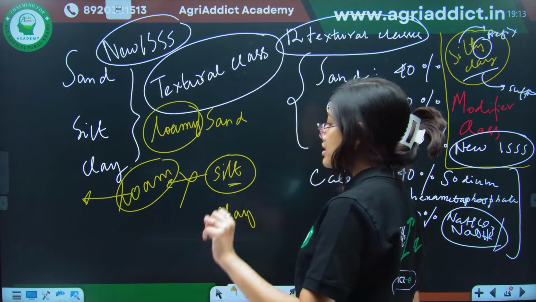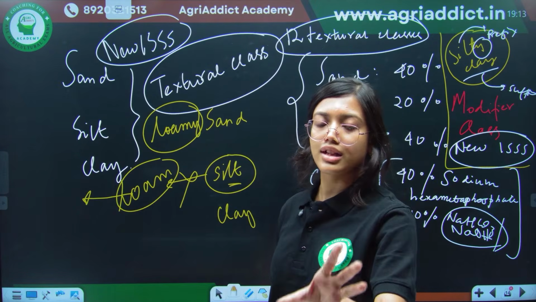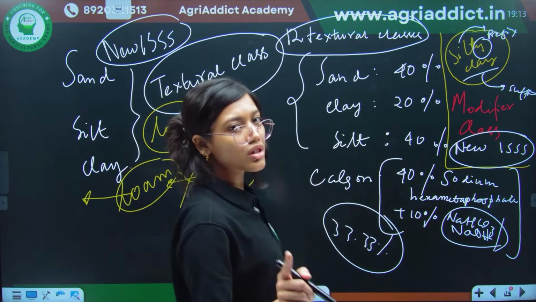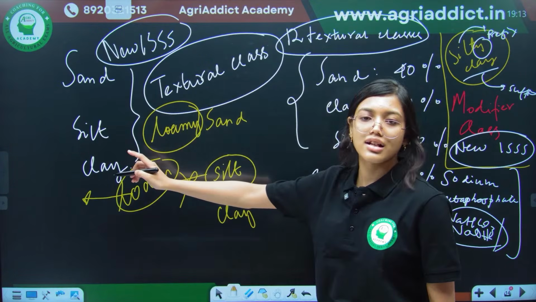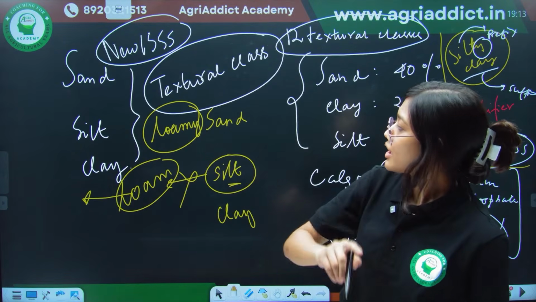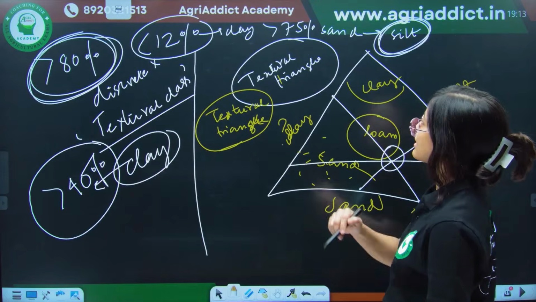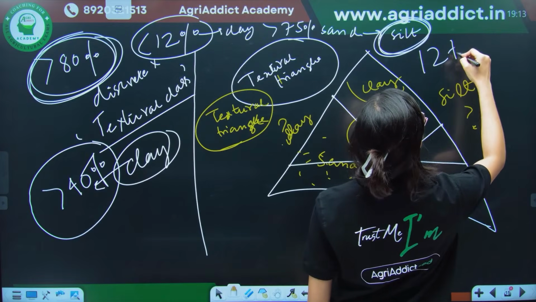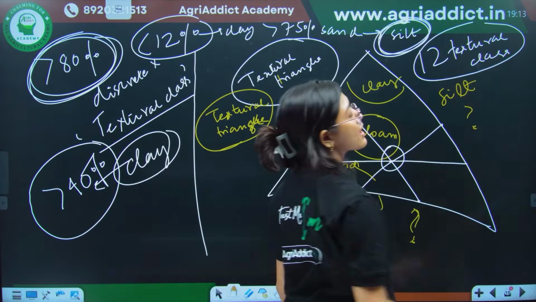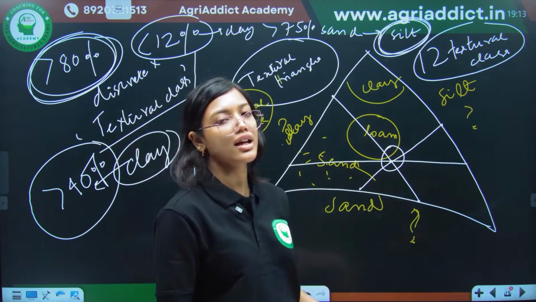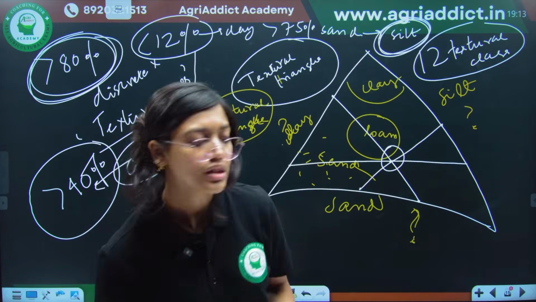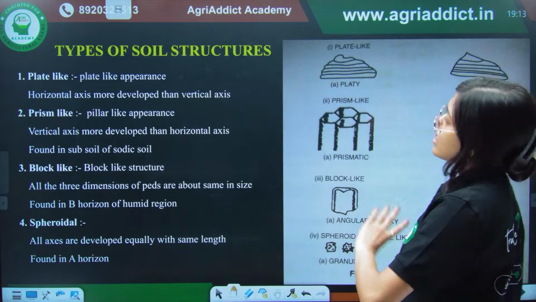Okay. So these small things, along with the percentages, you have to remember, and it would be very beneficial if you can also remember what the different textural classes are that fall under sand, loam and clay. What are the different classes that fall under sand, loam and clay? We have altogether 12 textural classes. So you should learn how many classes qualify under sand, loam and clay, so that you must remember. Okay. So texture is over.